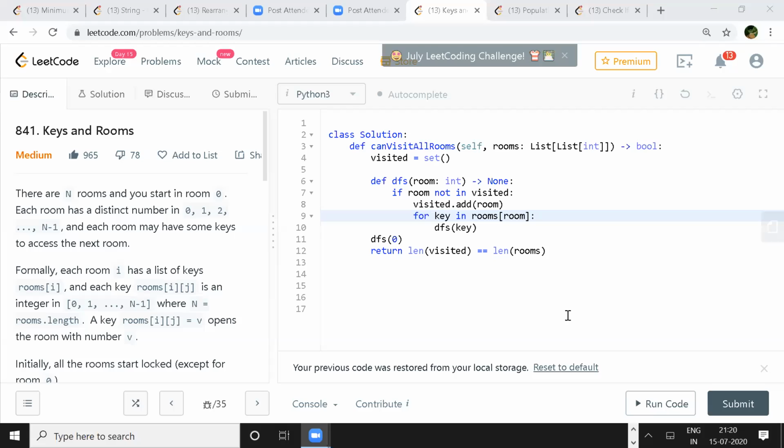It's the same, I mean, almost similar only. Like BFS, what you were taking a set, right? So we are checking if that particular room you have already visited. If you haven't visited, then you add it to your set, and you have the adjacency matrix where corresponding to 0 you have 1 and 3, right? So for every key, corresponding to that particular key in the hash map, I'll run DFS for everything, like for 1 and 3 both.